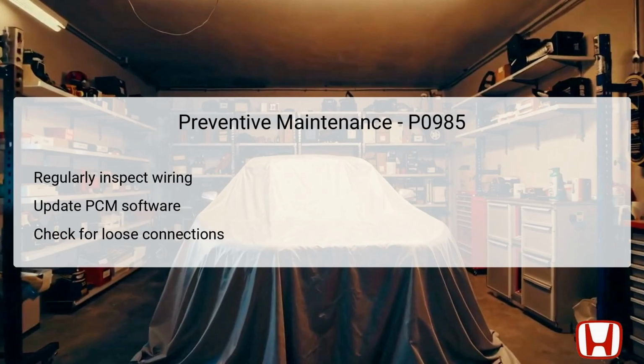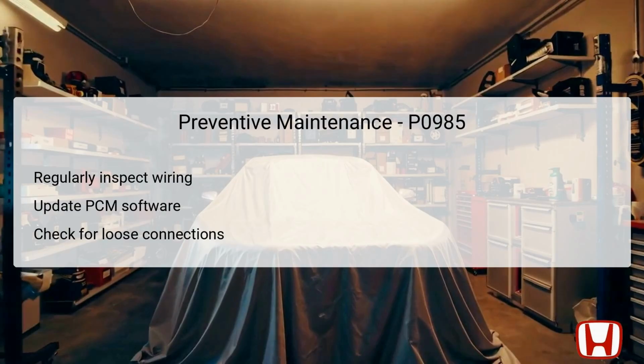Updating the PCM software is another preventive measure that can ensure the vehicle's electronic systems operate efficiently and reliably. Additionally, routinely checking for loose connections will help in maintaining electrical integrity, reducing the chances of intermittent faults that can lead to error codes. It's recommended to document all maintenance activities, providing a clear history that can assist in future